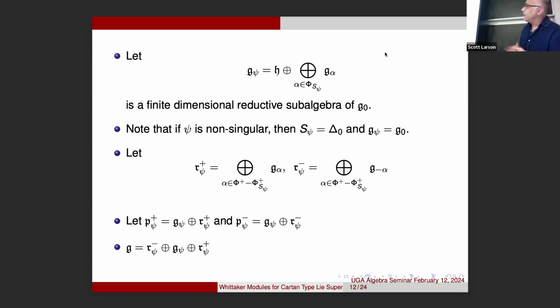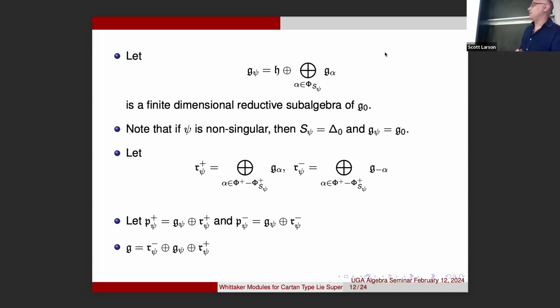Okay, and like I said, if psi is non-singular, basically G S sub psi will be delta 0, all simple roots, and G psi is basically G0. Because if it's non-singular, this S is equal to all simple roots of G0. Right? And then you can use what you have after having this Levi decomposition for G psi to get a Levi decomposition for